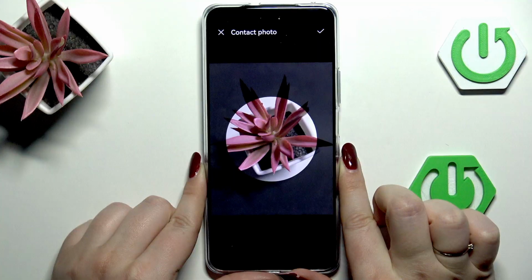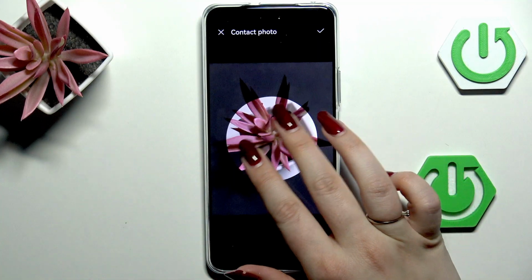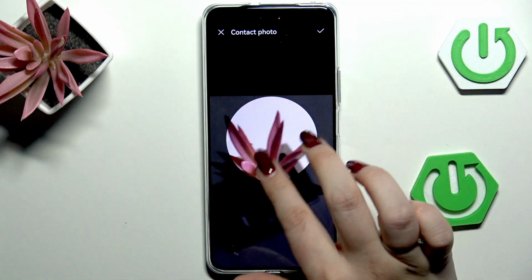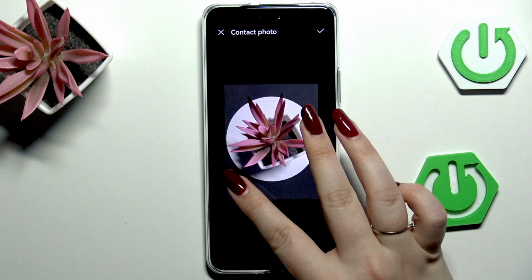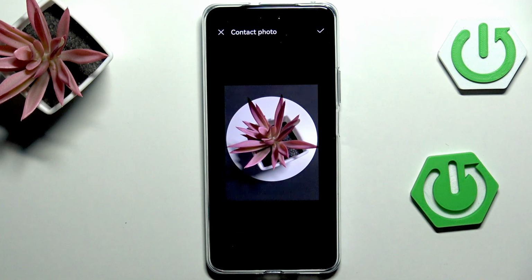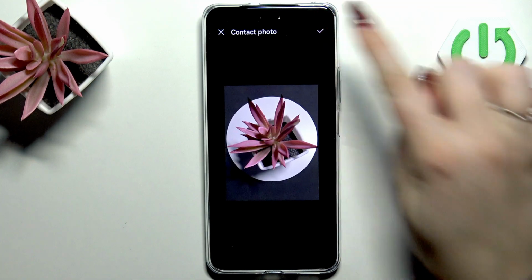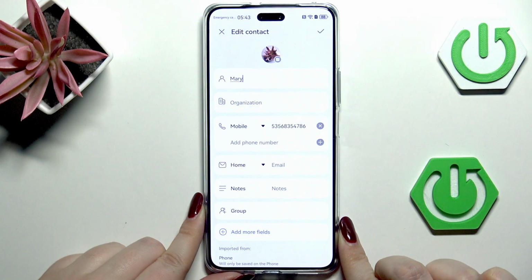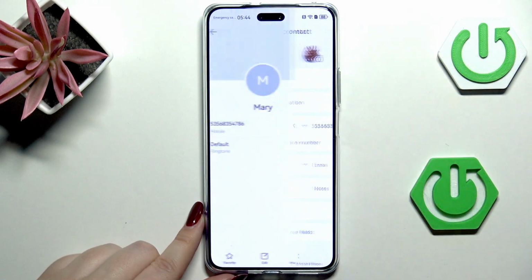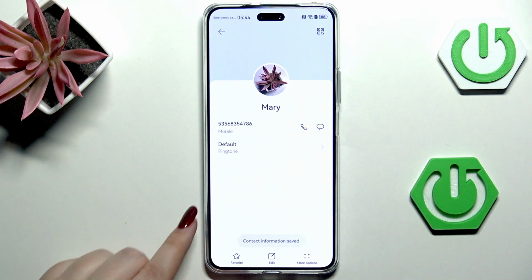upper corner. And now, in this step, we can zoom in or out the photo. We can also change the position of it. And thanks to it, we can decide what we will see after saving the whole contact, because this highlighted circle is responsible for it. So position it just like you want to, and then tap on the tick icon in the right upper corner. Tap on the tick icon again to confirm, and this is how our contact will look